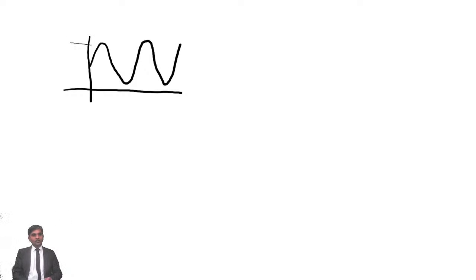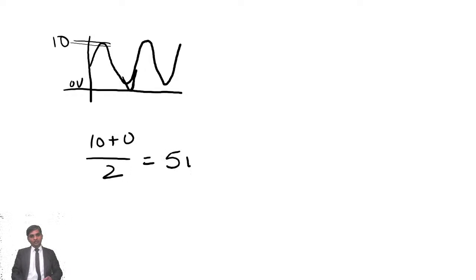You can see here, this is, let's say, 10 volts, and this is 0 volts. Assume that this is touching the x-axis. So now what will be the average value? 10 plus 0 by 2. What are you going to get? 5 volts. So the average value, the V average, which is also called VDC,